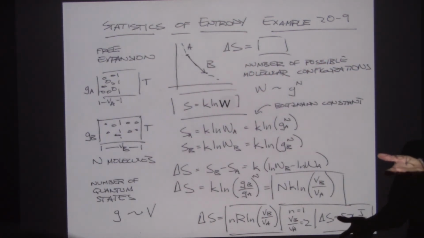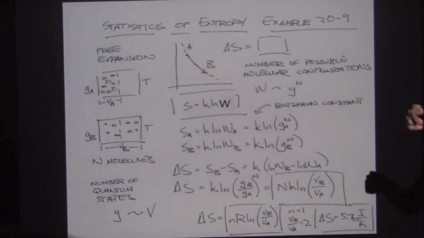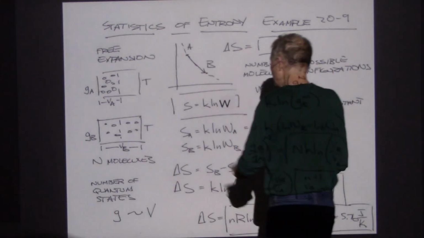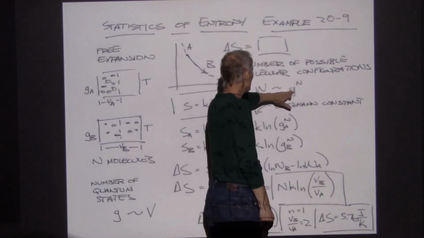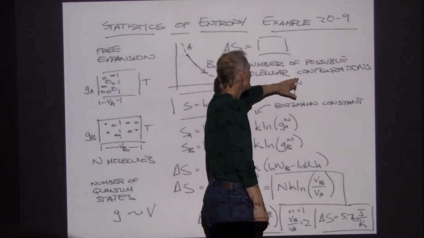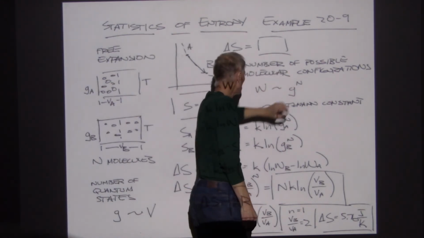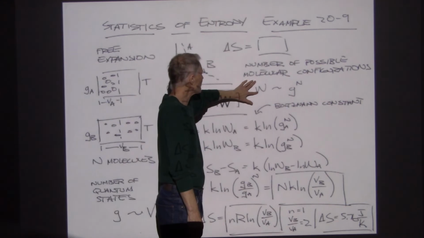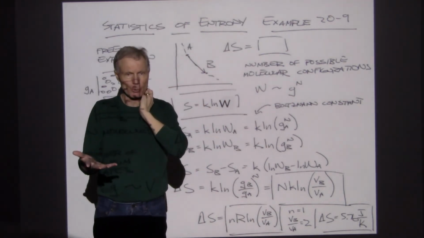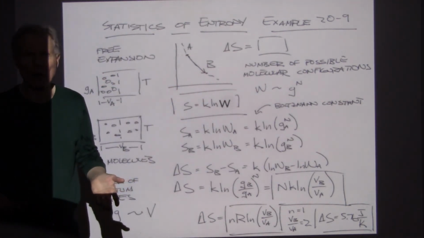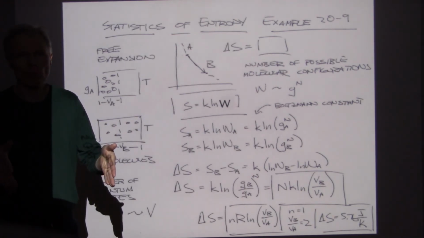There's 100 different ways the second molecule could select its quantum state. And that would give us 100 times 100, that would give us 10,000 possible configurations. So if I take the number of available quantum states and take that to the n power, where n is the number of molecules, that tells us how many microstates, how many different configurations there are to the molecules